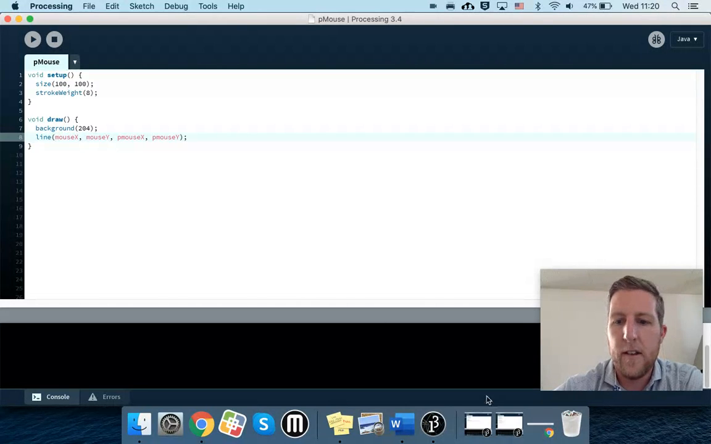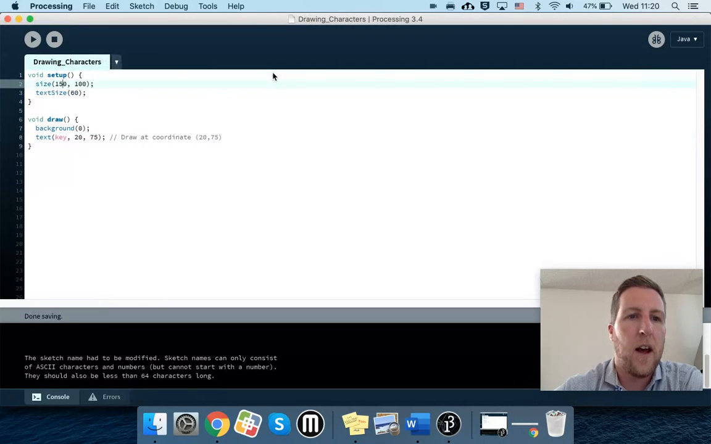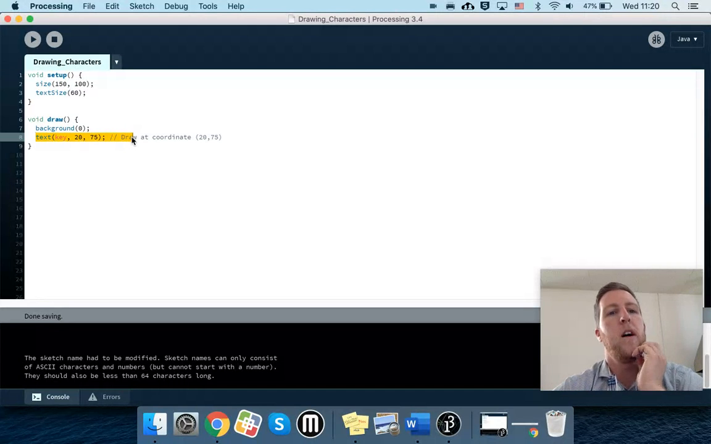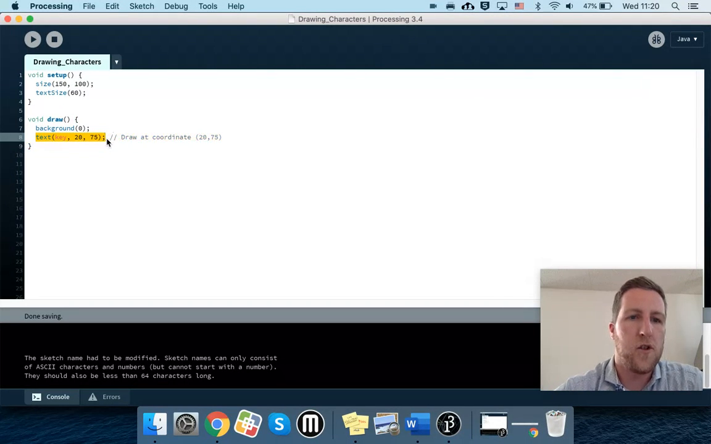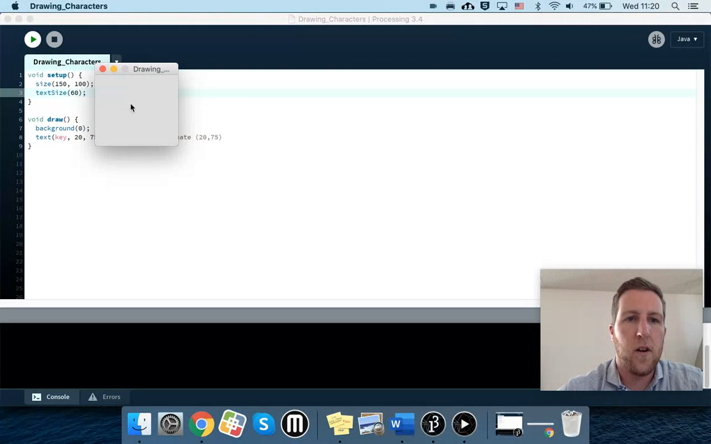All right, the next two programs that we're going to whiz through here, this one was interesting too. It adds keyboard keys, so this is a bit of new code here. It's basically going to draw whatever text you put on the keyboard at this location, 20 and 75. And we can change the text size here by just adjusting that number. So if I click,